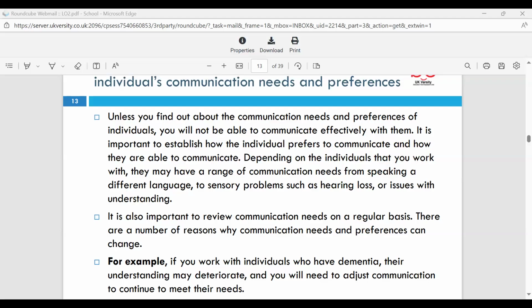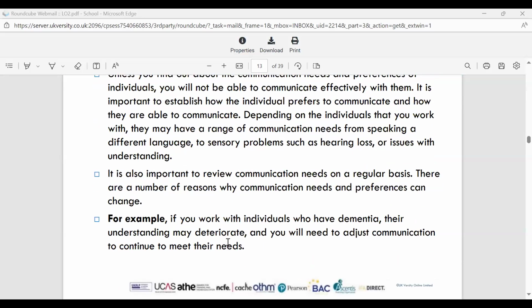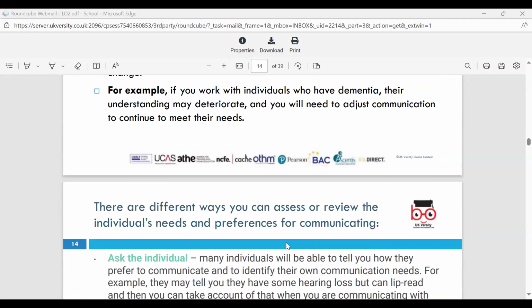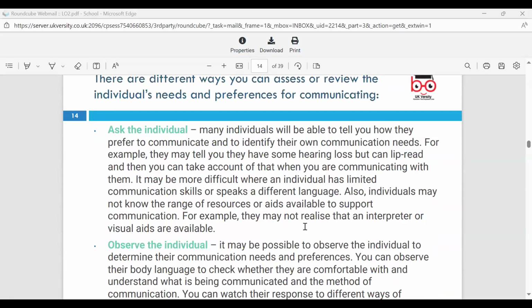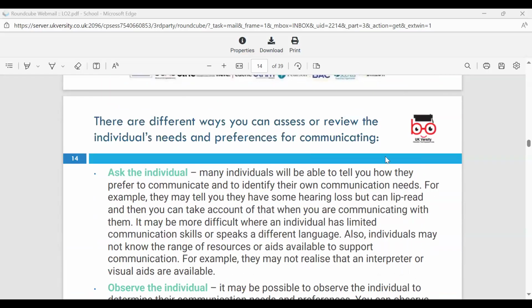As a caregiver, you need to understand what their communication techniques are and how they like to communicate. If you have people with dementia, as in the example they've given, you need to adjust everything to their needs. You need to observe them, find out about them, and adjust your communication around their needs. It is difficult, and you find yourself going back to the care plan to remind yourself what that person needs. It's sometimes a very hard situation.